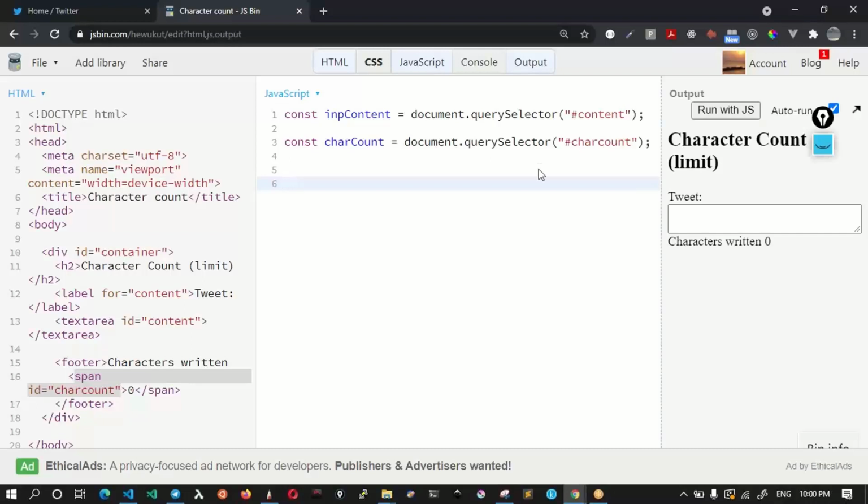We need to attach an event to this input, right? So we will say inputContent.addEventListener. You all know more about addEventListener, right? Because we went into a very detailed discussion on this topic, event bubbling and event delegation, etc. And we will track the input event. And when this event fires, let's call this function. This is where we will write the code, because now we are only interested in the input event on this inputContent DOM